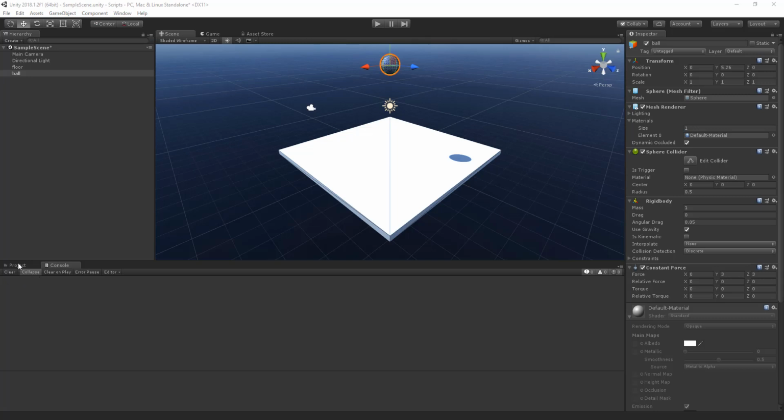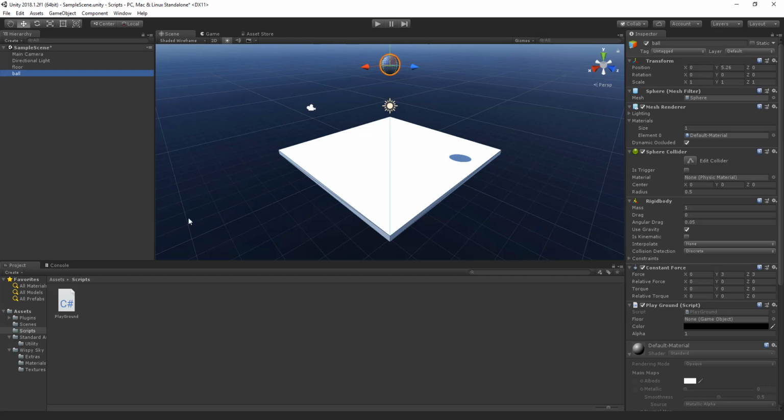And what I want to do is we actually want to see how far we're going up with our script so far. So let's go ahead and drag playground and drop it on ball as a component. Remember that scripts are only activated while they're on active game objects, and they have to be within the scene. Okay, so what we can do is go ahead here and click on the color picker